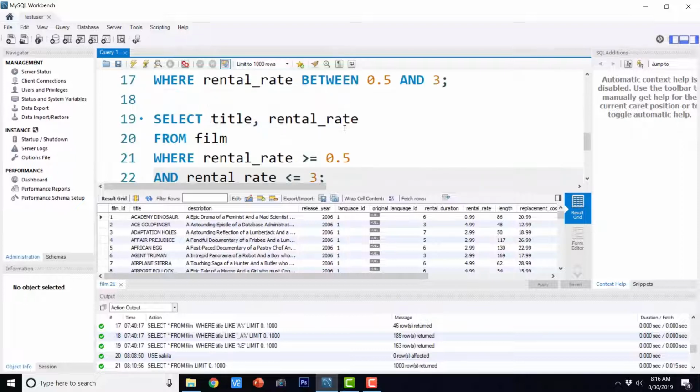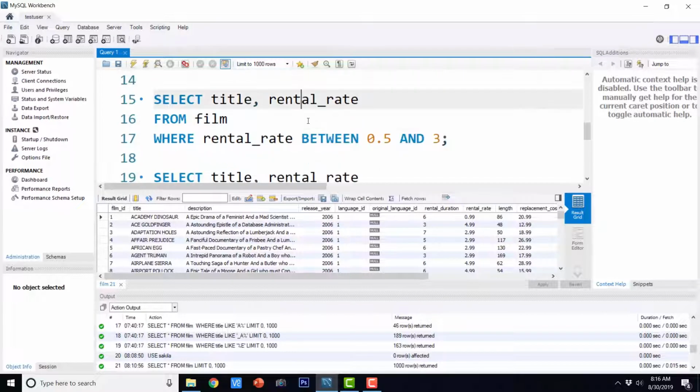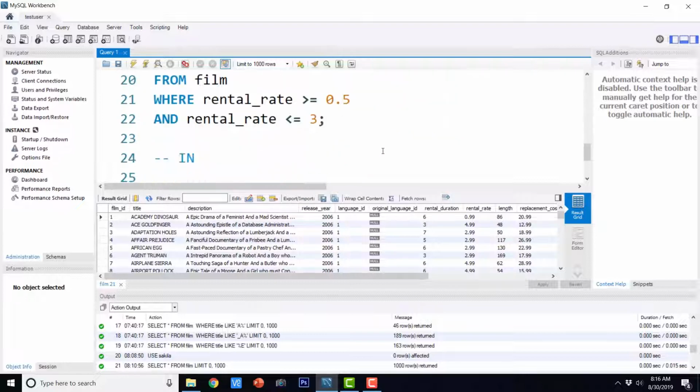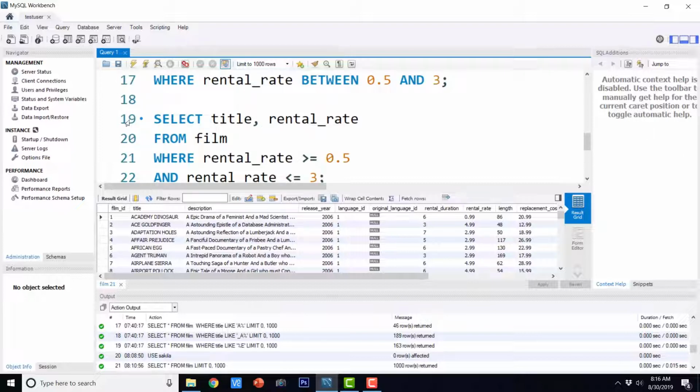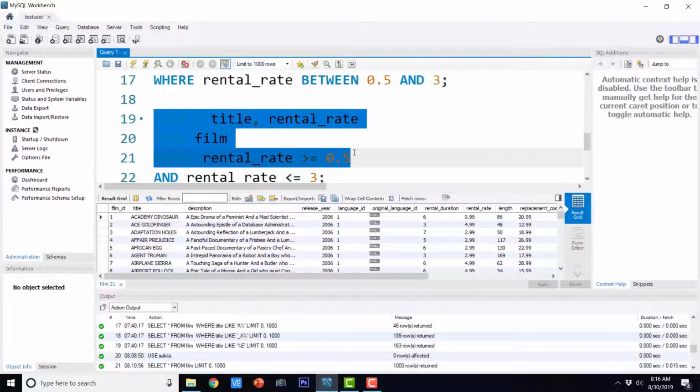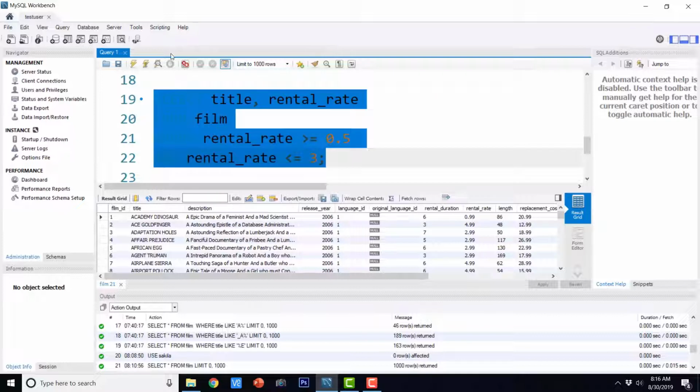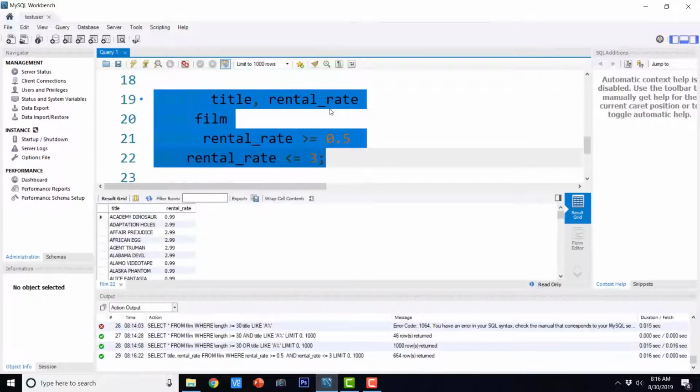Okay. So the output of both the queries will be the same. So between and gives us just a better way and reduced syntax to write these queries with the logical operations like these. So I'm just going to execute it. The output of both the queries is exactly going to be the same. So this is the output.